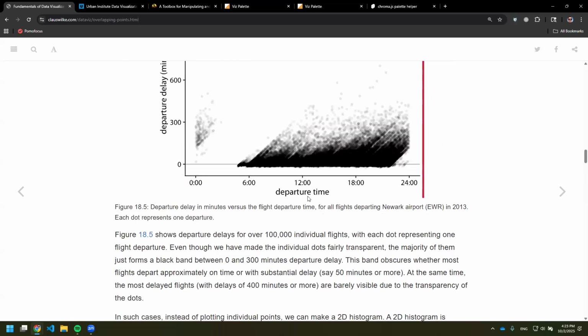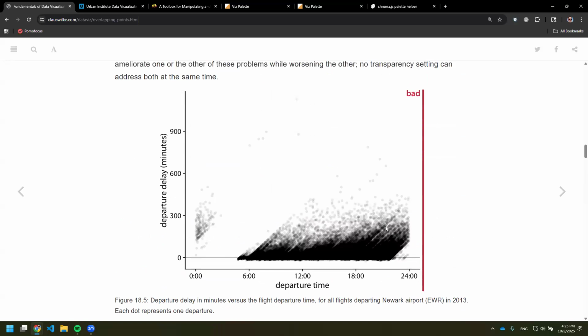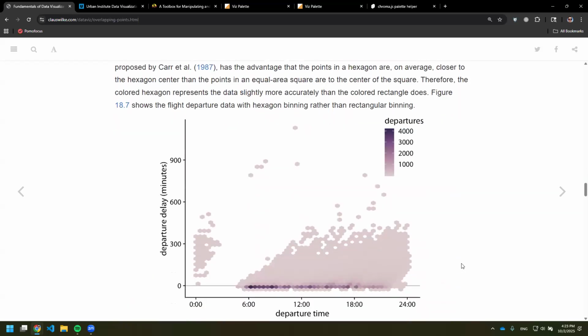Whereas here we're relying on the blackness, the darkness of the area to convey that same information. So really, in a way, we're reframing the problem to sidestep the overplotting issue. Pretty clever, I